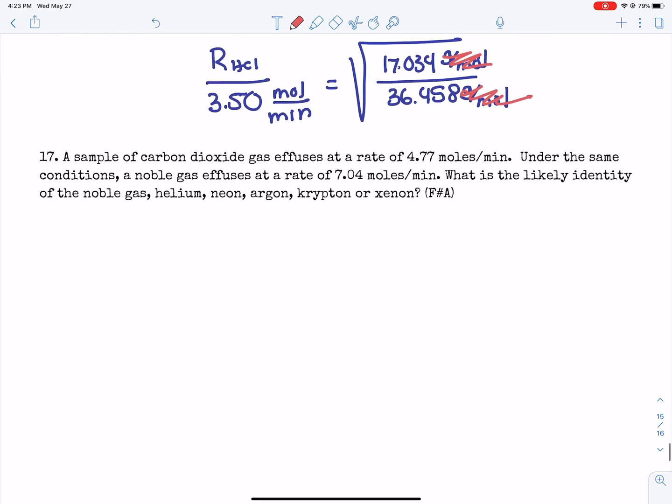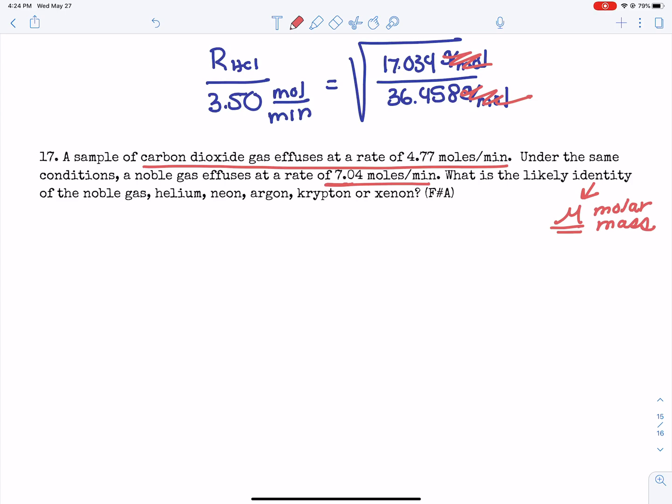Okay, last problem. A sample of carbon dioxide effuses at 4.77 moles per minute. Under the same conditions, a noble gas effuses at a rate of 7.04 moles per minute. What is the likely identity of the noble gas? So how am I going to identify which noble gas it is? Well, probably by its molar mass. Now, the unknown noble gas effuses at a quicker rate, which means it must have a mass that's lower than